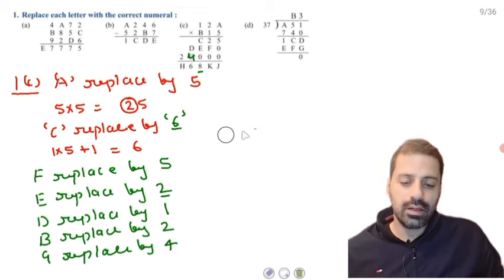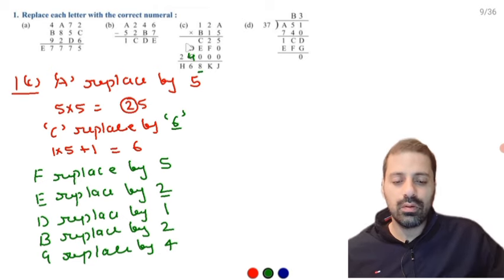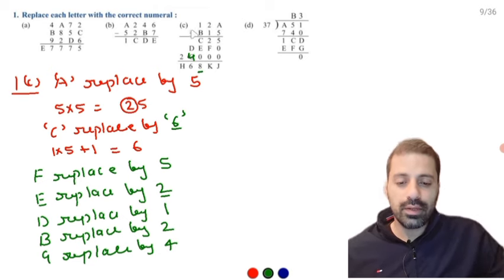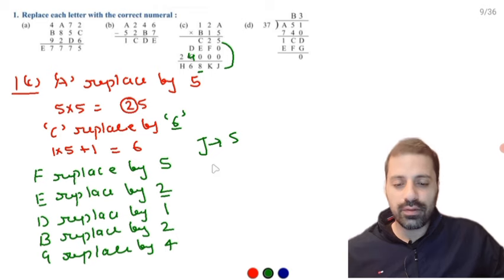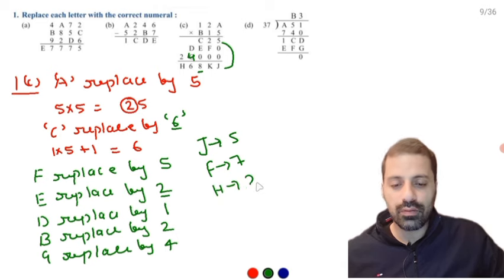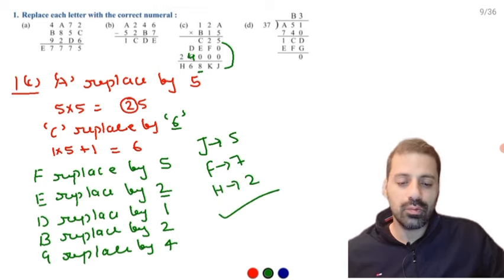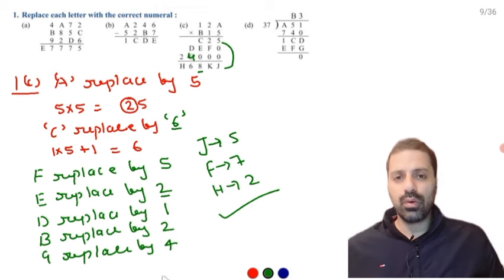g replaced by 4. Now do this further, h will be replaced by 2 2. Now add this, j replaced by 5, j replaced by 5 here, k replaced by... f is equal to 5 and 2 is 7, f replaced by 7 and then 8, then this, and h is replaced by, because d is here 1 5 6, h replaced by 2. So this is the answer of question number 3. I hope you understand this question very well.